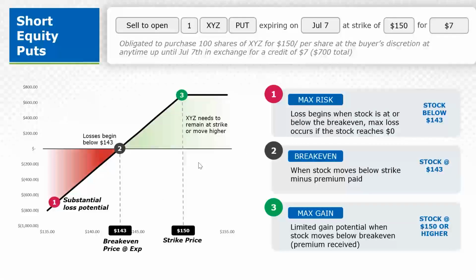Now, the short equity put option is a mirror image of the long put option, where, in this case, you are obligated to purchase 100 shares of XYZ for $150 a share at the buyer's discretion at any time up until July 7th in exchange for that $7 in premium per share, or $700 in total. So you would purchase